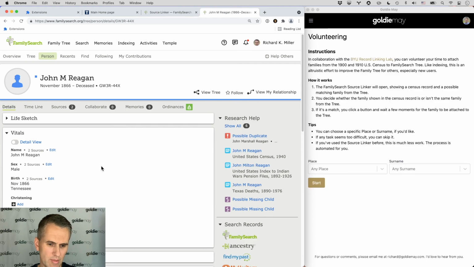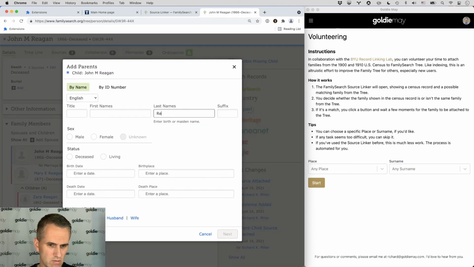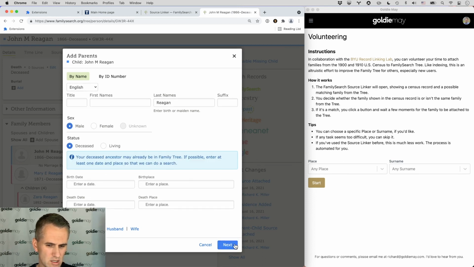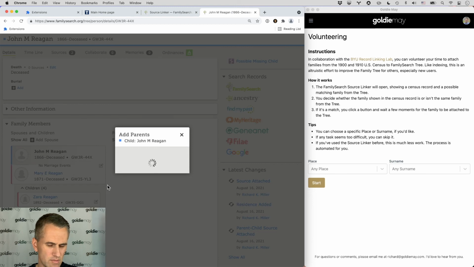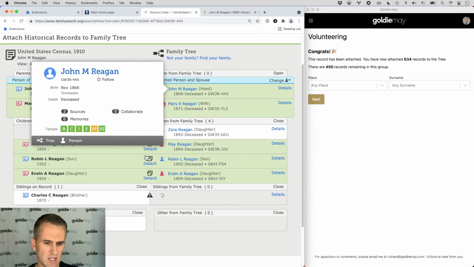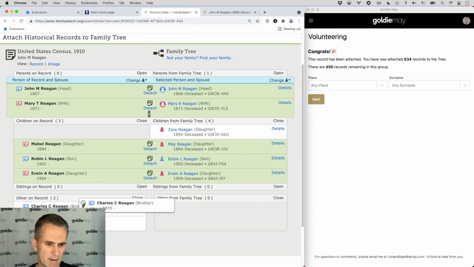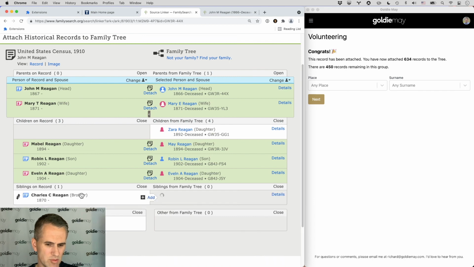So I feel pretty good about just going in here and adding a parent. We'll just say Reagan, last name Reagan, male, deceased. And just for the purposes of connecting these siblings, if we add a parent, go back here and refresh, then I'll get that opportunity to drop Charles in the siblings area,